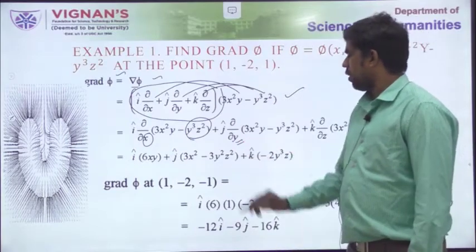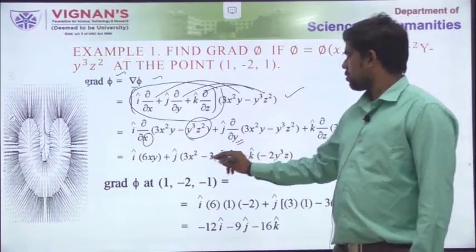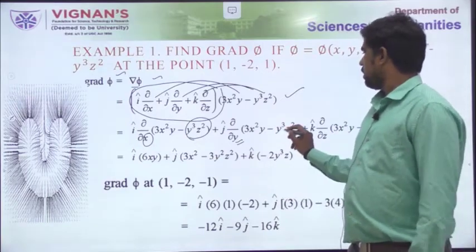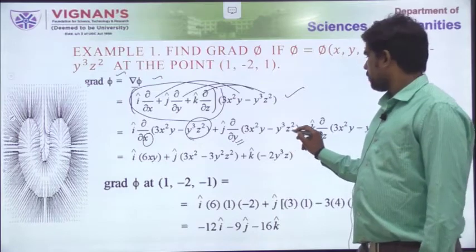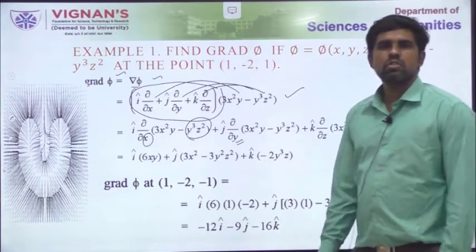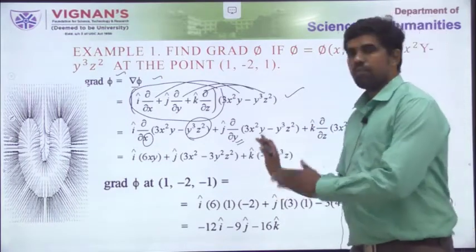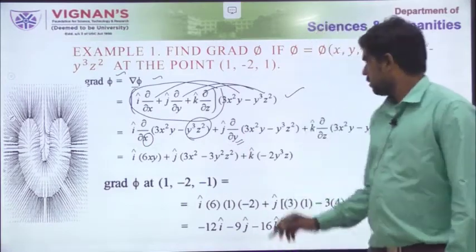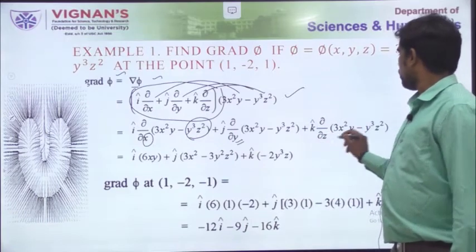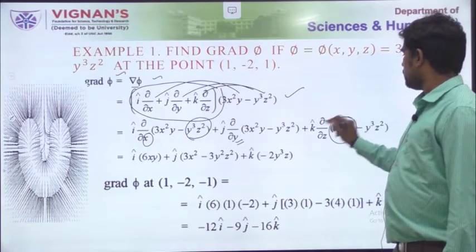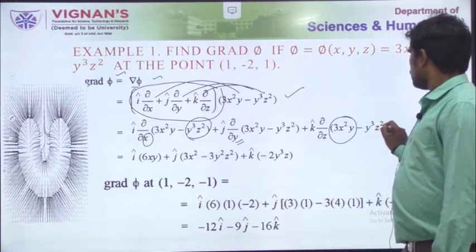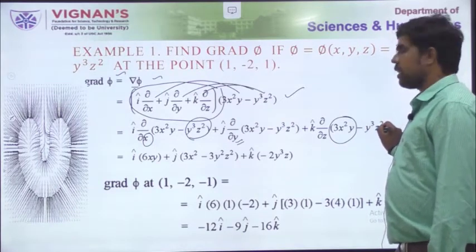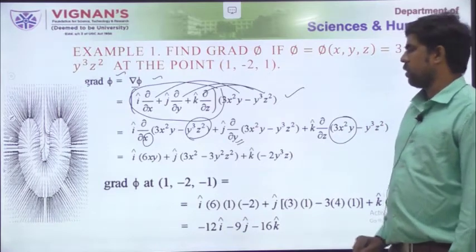Here who is important? y is important. So keep 3x square as it is, derivative of y is 1, minus, what is it with respect to y? So z square is fixed, you fix it as a constant at this point of time, derivative of y cube is 3y square, plus k vector into dou by dou z. Dou by dou z means this will be 0. If you differentiate this one, y cube as a constant at this point of time, derivative of z square is 2z, so minus 2y cube z.